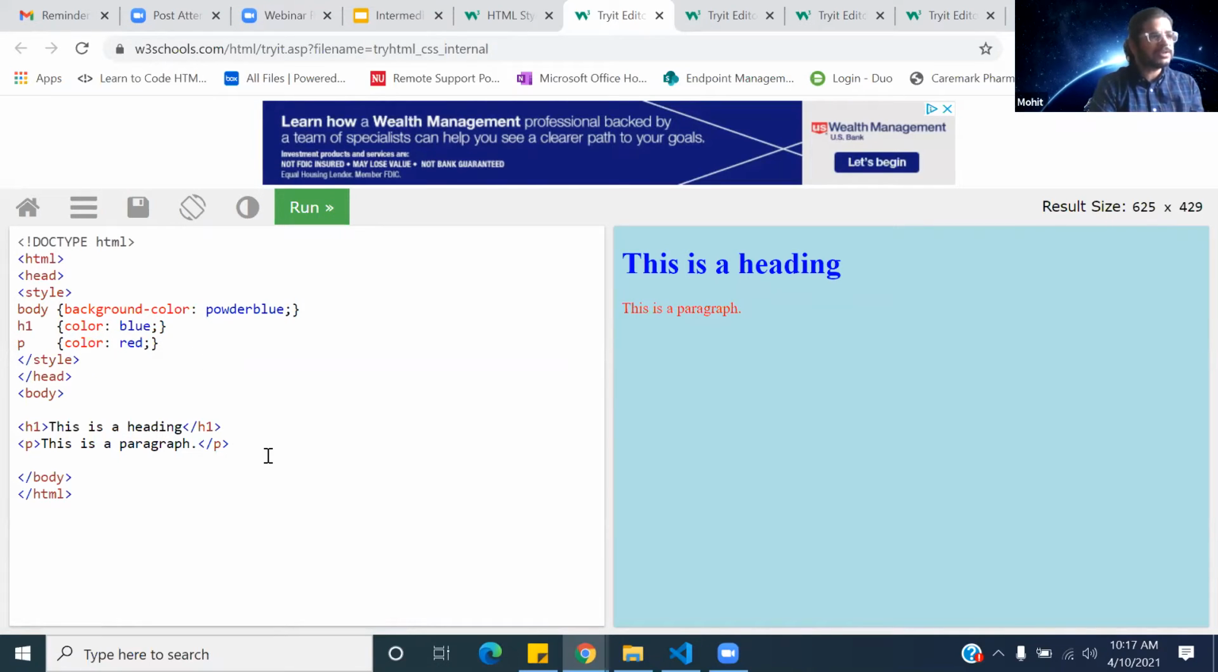So what I was saying is, for example, if I go here and decide to write another H1, I'll say this is second heading. And as you know, I have to close the tag with the backslash, and then H, and then 1, and close the tag. So if I run this now,